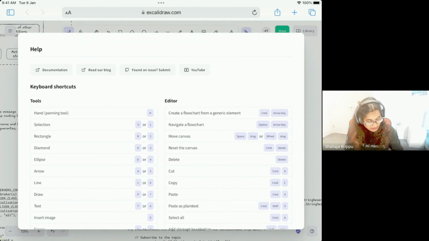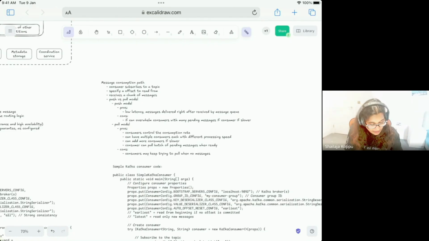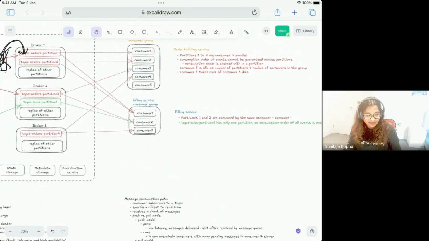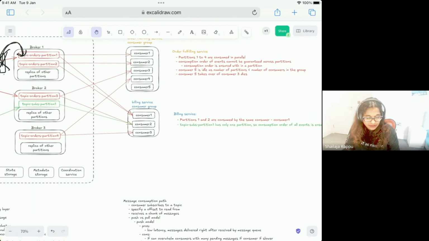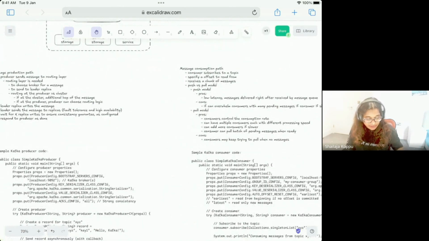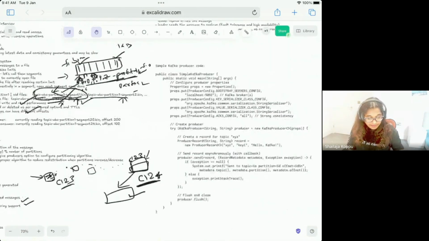The only problem is the consumer can keep trying to pull. It's not really a bigger problem. Let's assume there are no new messages in this partition 3 after the consumer processes some of them. In that case, the consumer may keep trying to ask, give me messages, but there are no messages. So it's just an idle loop, but that's not a big disadvantage compared to the other one.